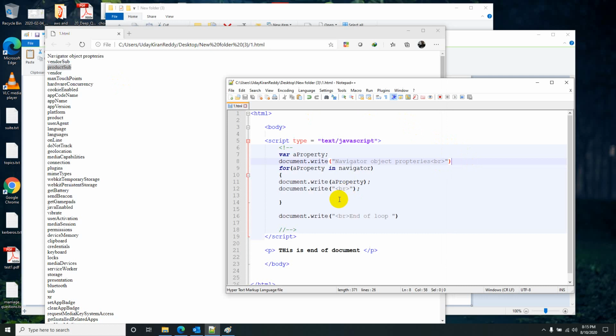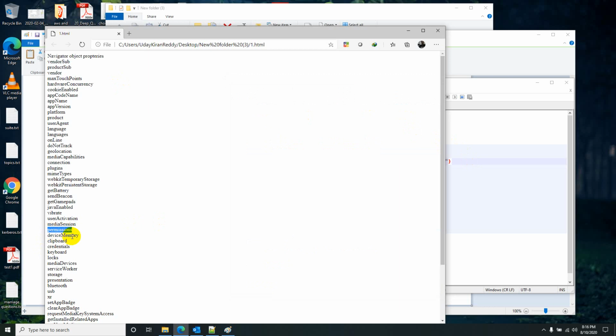So now let's say I want to break the statement, or I don't want to print if it is permissions. So I want to exclude some set of elements.